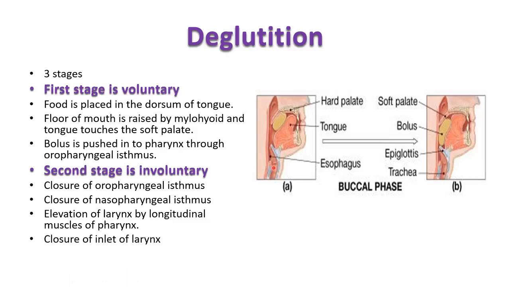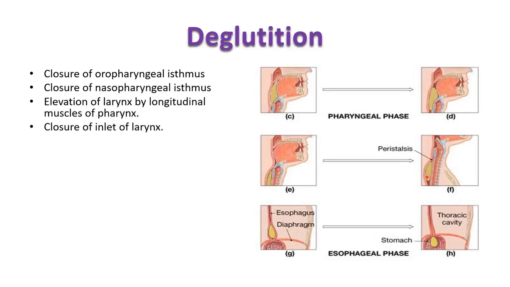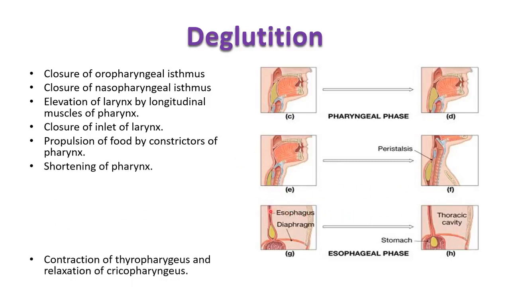So when the inlet is closed, the nasopharyngeal isthmus is closed, and the oropharyngeal isthmus is closed. Here you are able to see the nasopharyngeal isthmus is closed. The larynx is also closed when the food is passing through the oropharynx and then into the laryngopharynx. Then, as I told you, propulsion of food by the constrictors takes place, and it reaches the thyropharyngeus and finally the cricopharyngeus. The cricopharyngeus is to relax and release the food into the esophagus. Okay, then what happens is